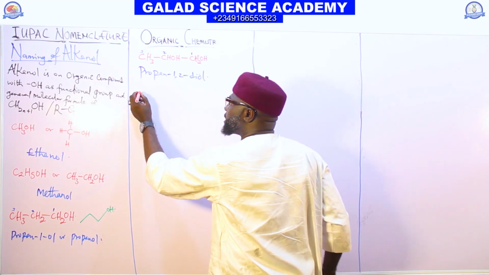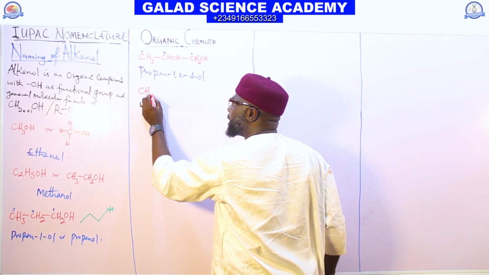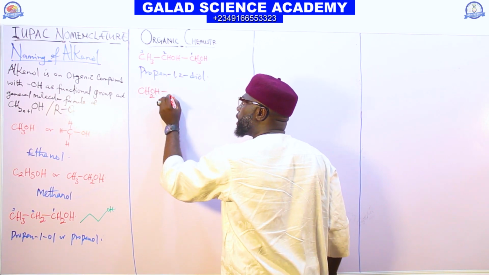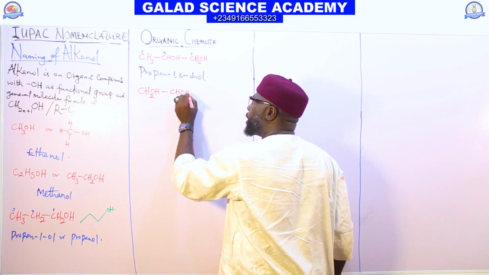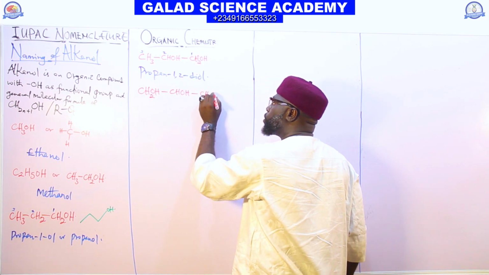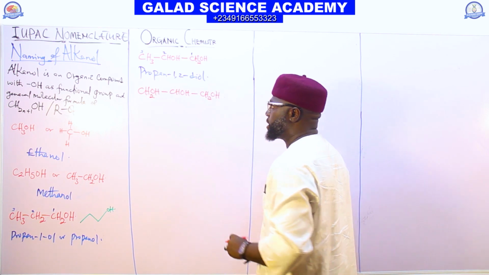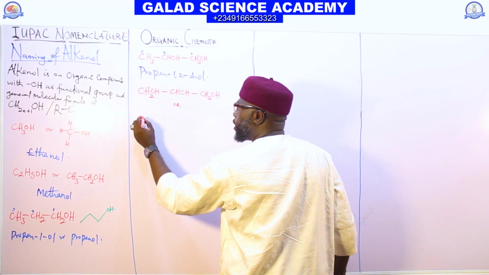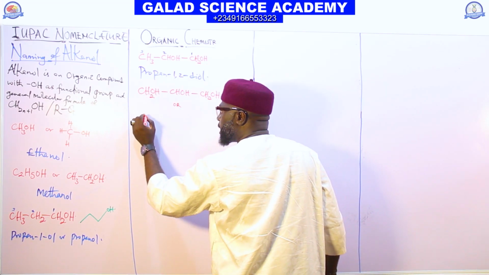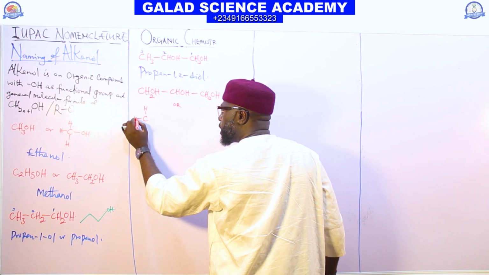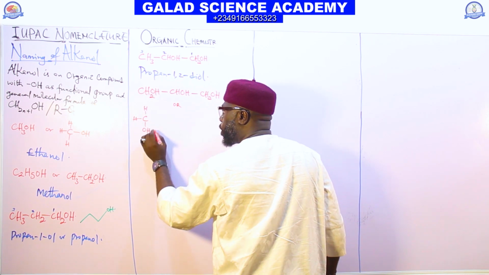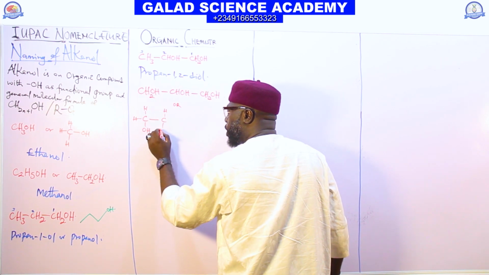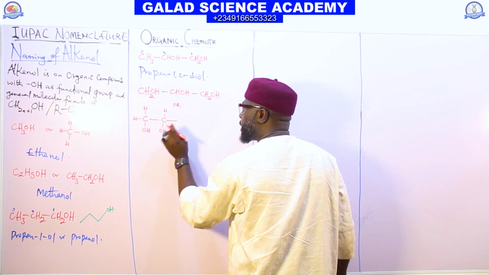If you have it in this form, CH2OH, CHOH, CH2OH, you have to name this. This compound, you can draw the structure in this form, or you can say CH2OH, this one here, then CHOH, this one here,